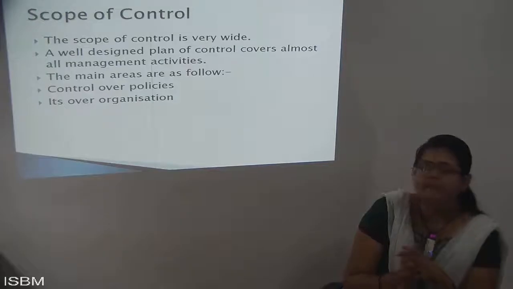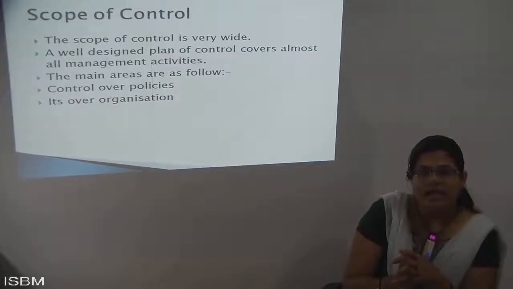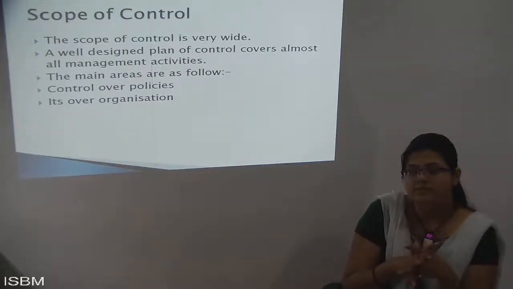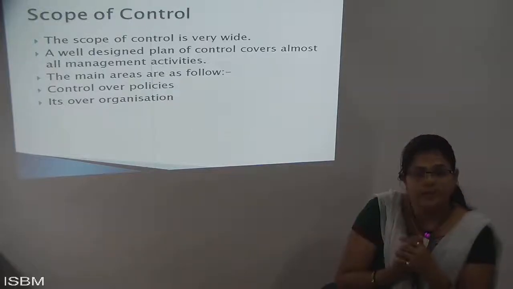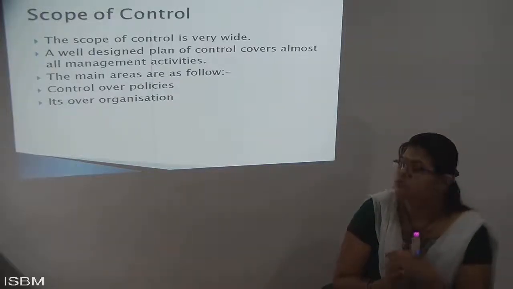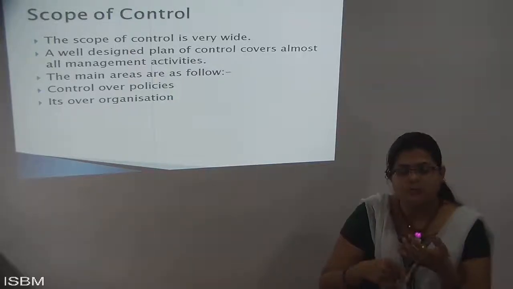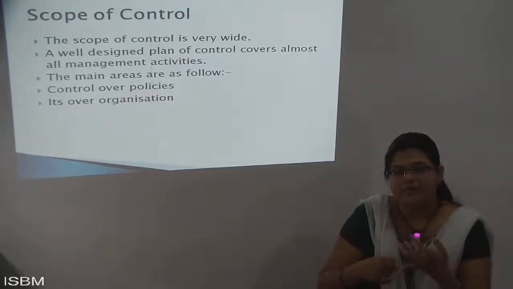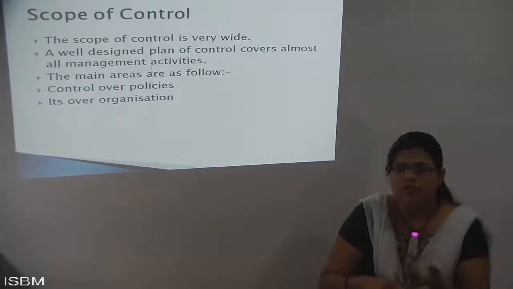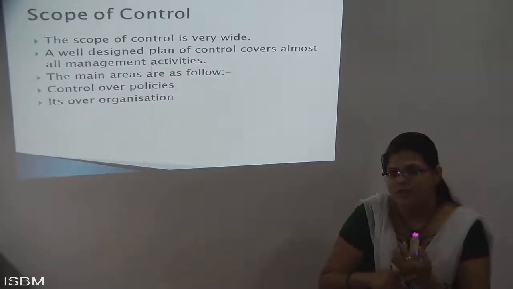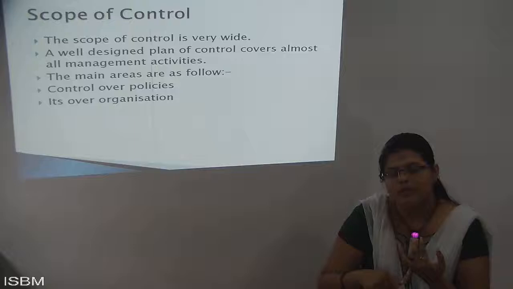Now in this point, it is discussed what the areas are where we cover certain policies and certain controls, the areas where the scope of control is located. So first, it is control over policies. Now the scope, as if I'm controlling something or controlling the management. The first important thing I need to see is the policy. Without the policies, I can't control each and everything.